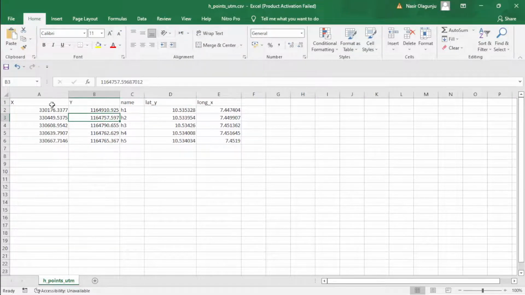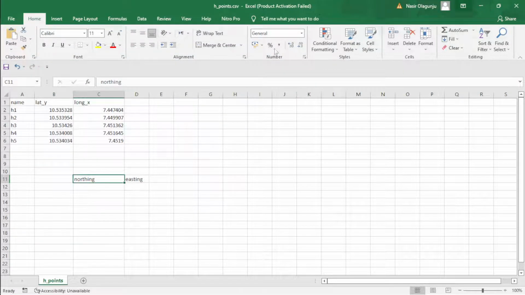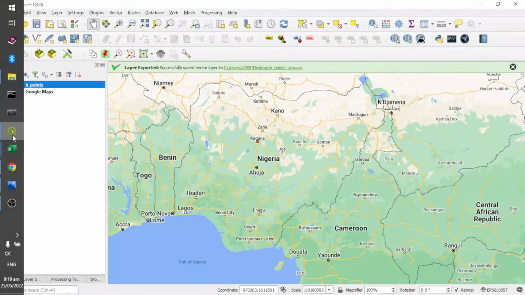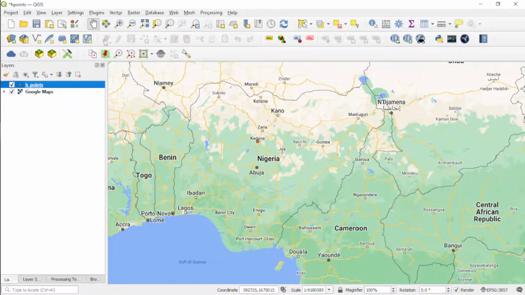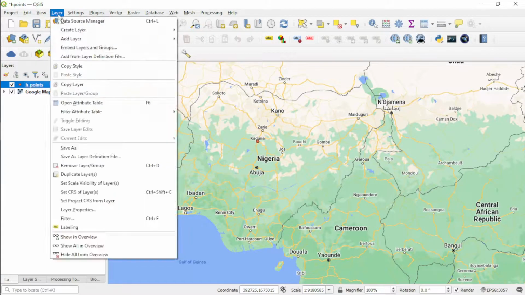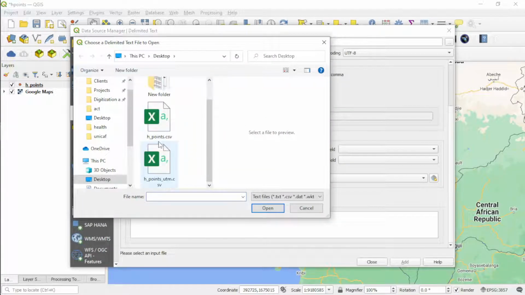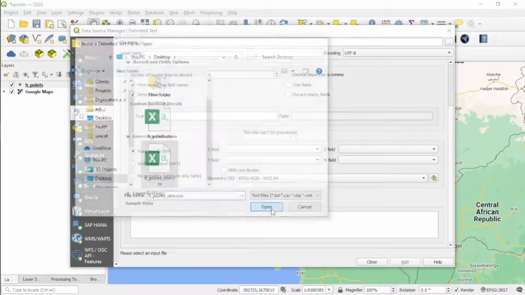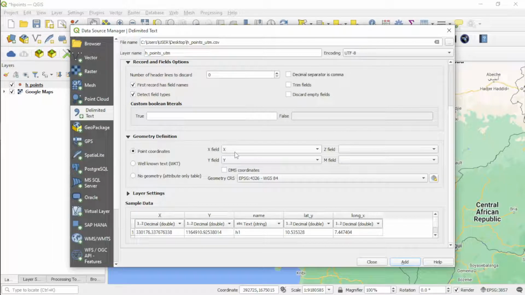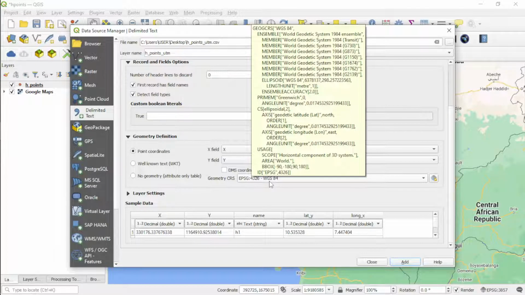Now let's try to import this file back to QGIS, just to verify that our whole process worked out well. So open QGIS and go to layer, add delimited text layer, then choose this. This is the output that we just created. Now open. Okay, QGIS is smart. It has selected X as the X field, Y as the Y field, but now we are not going to be using WGS 84 or EPSG 4326